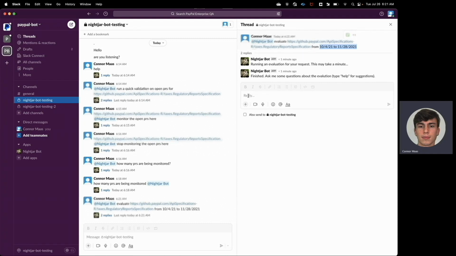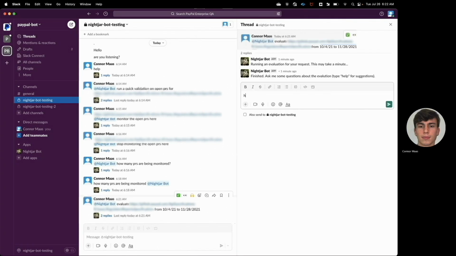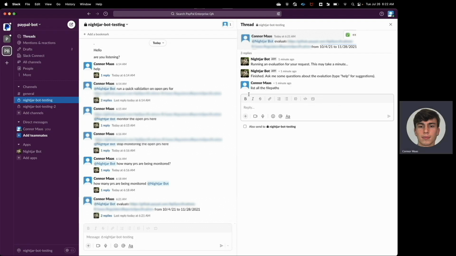Let's look at the help menu. We'll step through most of these so you can get a general sense of how they work. Let's start with general info. We can always use the help command at any reply chain, but let's not do that because we have our help section up here. Let's say list all the file paths, and these are going to be the file paths